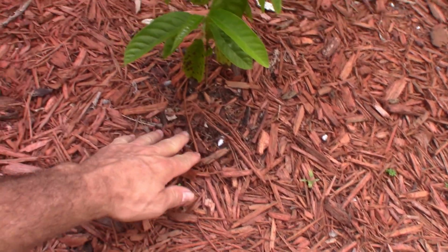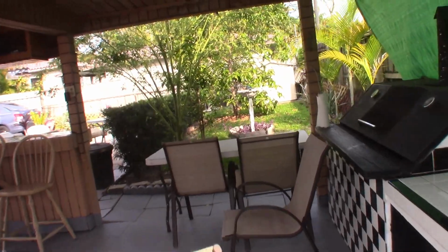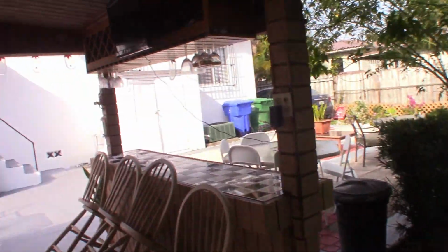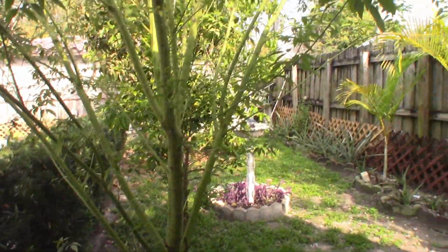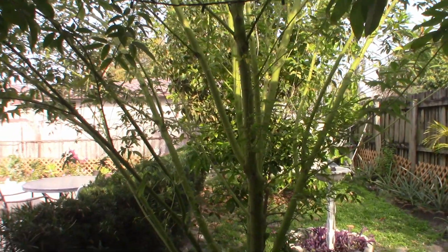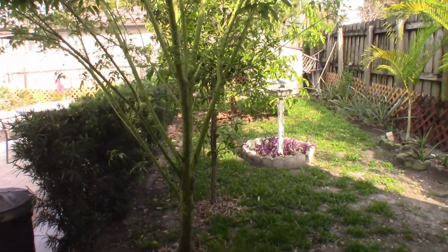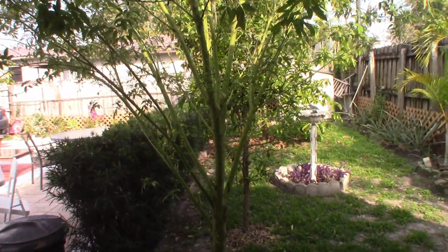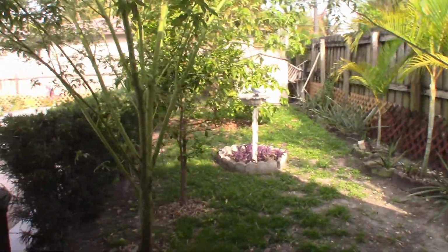But very nice. So this is a little small yard, but you can still grow a lot. You could even fit a lot more trees if you wanted to in certain areas around here, and you know, you can enjoy it. But there's nothing better than coming out here and getting some food and having some trees. You get something to eat that's fresh and healthy, and at the same time you can just relax,